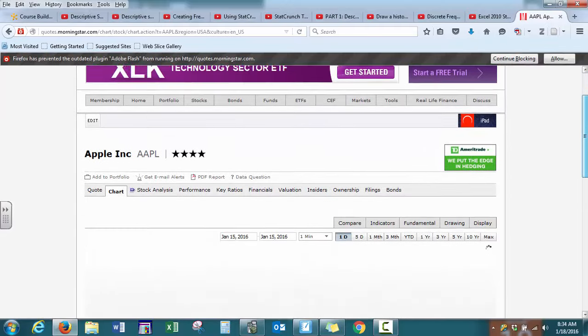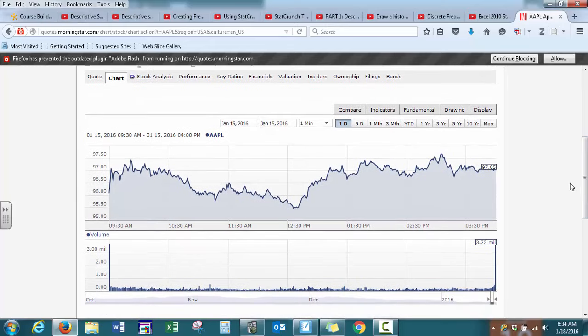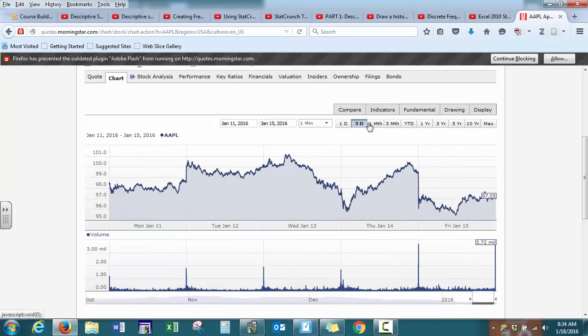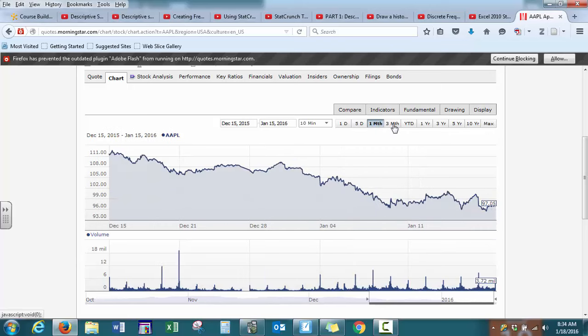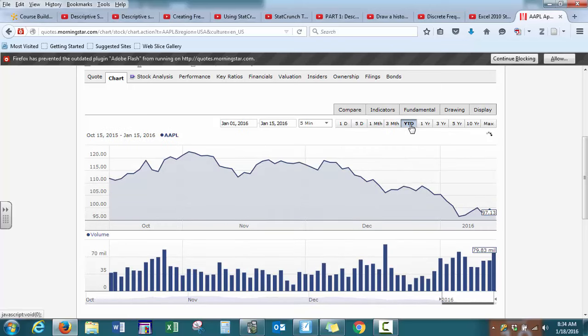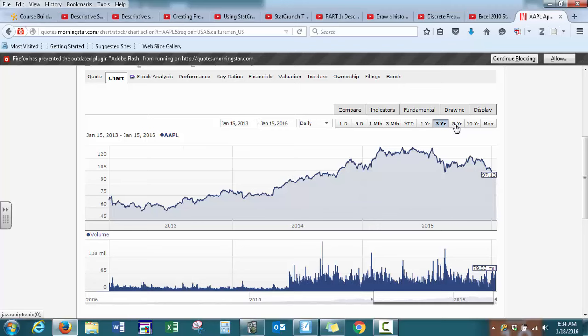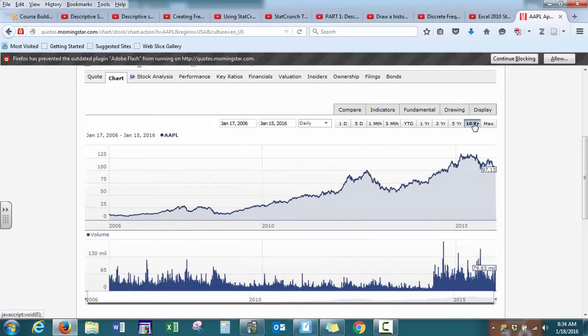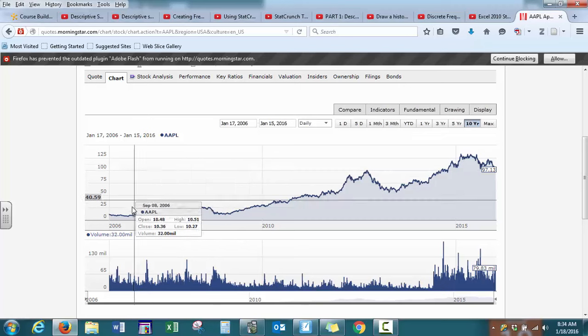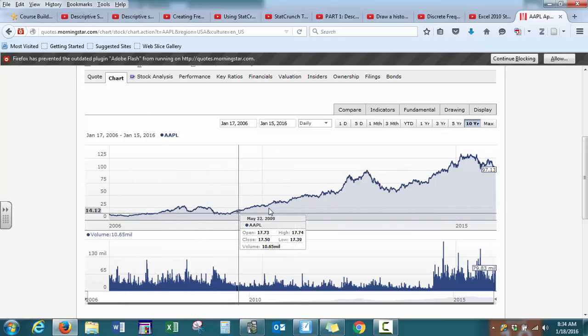And you have lots of different options of how you can look at the data. So if we're looking at one day, it looks like there's a tremendous growth. If we look at 5 days, 1 month, 3 months, year to date, 1 year, 3 years, 5 years, 10 years. So in the grand scheme of things, the company is still doing very well. It still has more of an increase, which would lead us to our next topic,